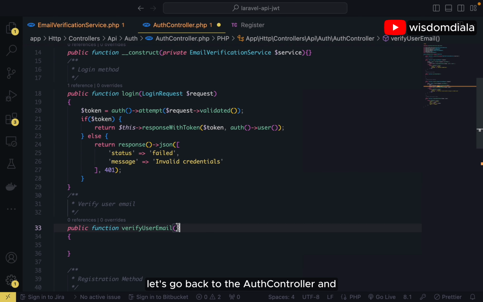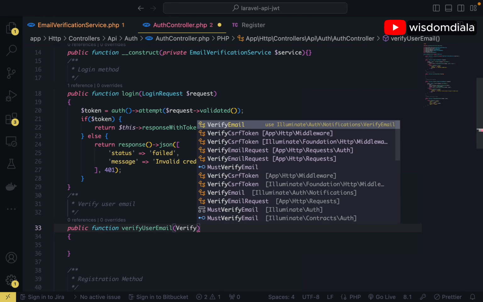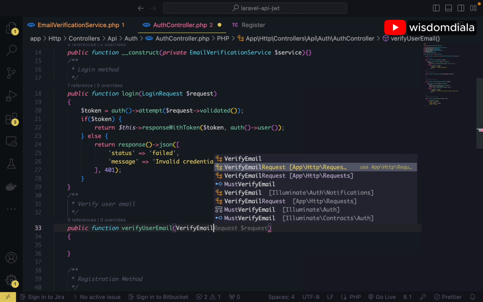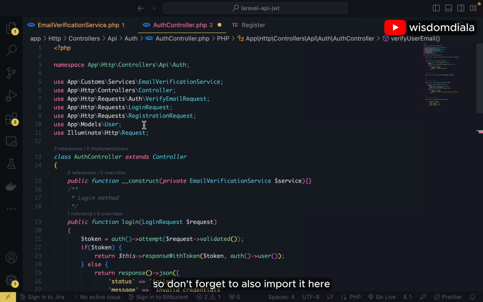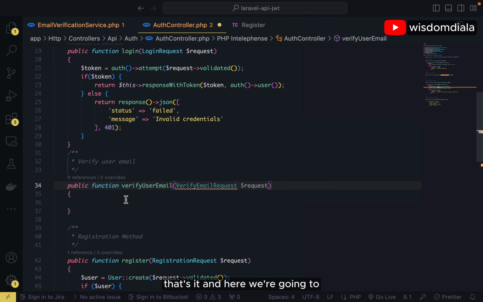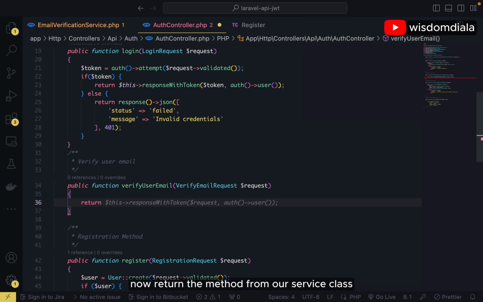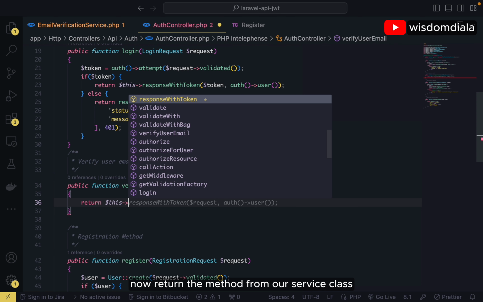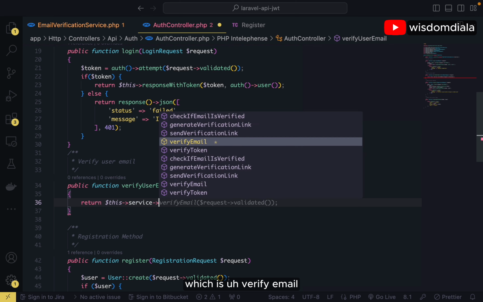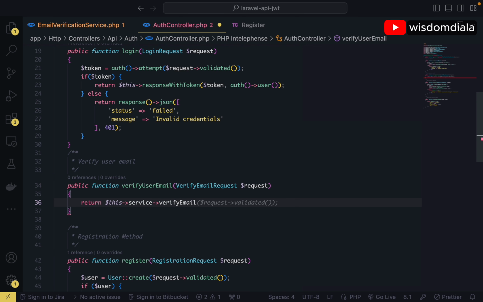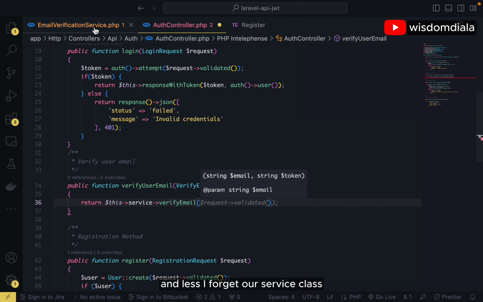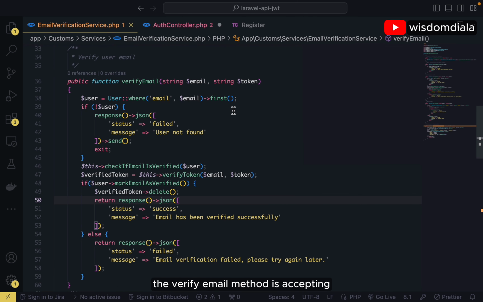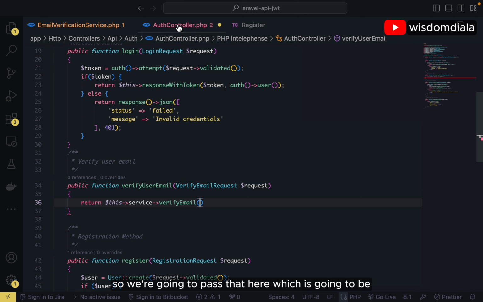Let's go back to the auth controller and pass in the form request class here. So the name is verify email request. So don't forget to also import it here. So that's it, and here we're going to now return the method from our service class, which is verify email. And unless I forget, our service class, the verify email method is accepting email and token. So we're going to pass that here,